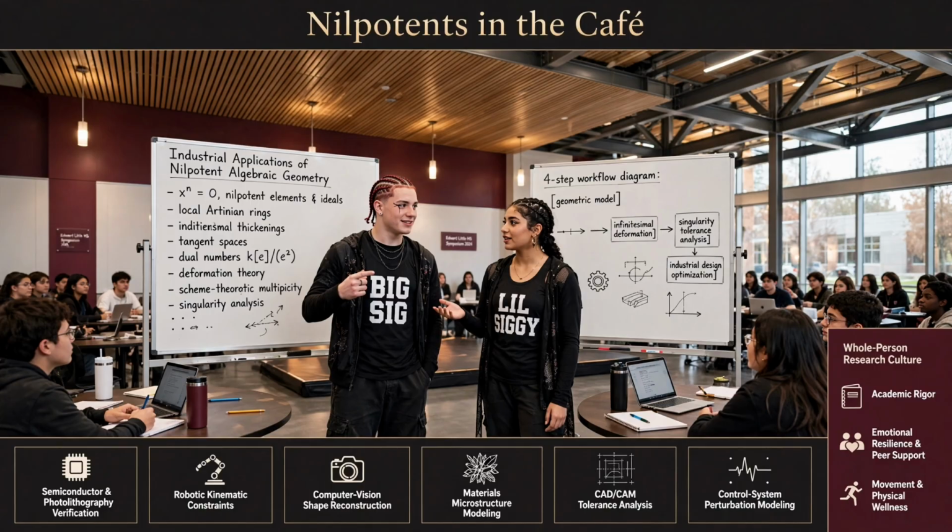Yeah, the simulation mathematically leaks energy. Your simulated planet slowly, inevitably spirals into the sun because the math isn't perfectly conserving momentum. But the Weil bundle fixes that leak. It mathematically seals the system. The Weil bundle inherits a canonical Poisson structure directly from the base space. Okay. This guarantees that physical invariance, the foundational laws of conservation of energy and momentum, are conserved to machine precision throughout the entire simulation. So the math forces the physics to be real. Exactly. The geometry is locked in place by the algebra. The simulated planet stays perfectly in orbit for millions of virtual years because the nilpotent code literally won't allow the physics to break. That level of stability is just incredible.